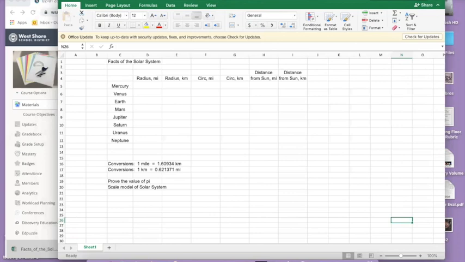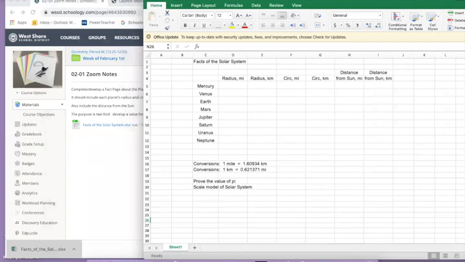All right, there we go. Your sheet should look something toward that. You don't have to finish it now. In fact, this is what I'm giving you guys as an assignment. The planets are Mercury, Venus, Earth, Mars, Jupiter, Saturn, Uranus, and Neptune. Is Pluto a planet anymore? I don't know. I'd like this to be in